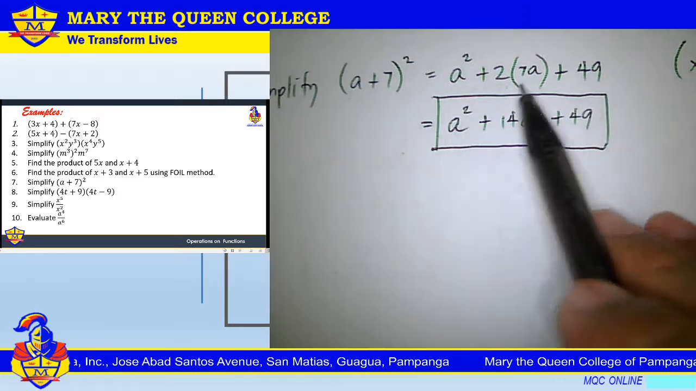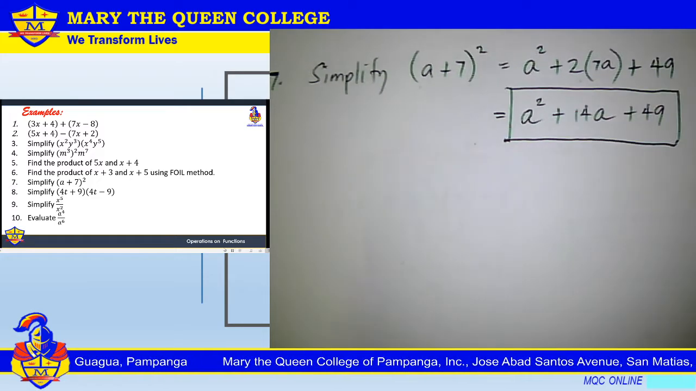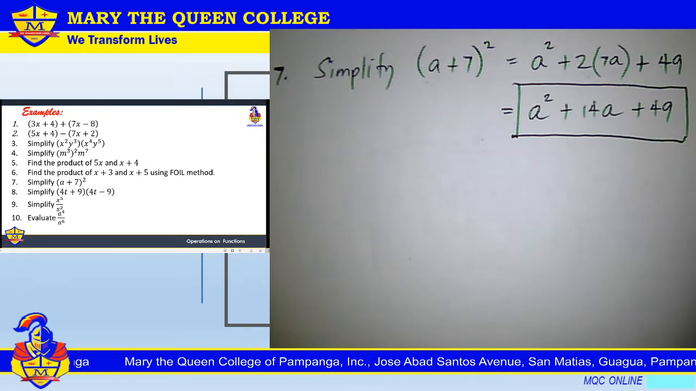Then, simplify. As much as possible, you have to simplify your answers. So, what does it mean? Kailangan po wala tayong grouping symbols as much as possible. Remove all the parentheses, brackets, and simplify your final answer po. So, that's it for number 7. Okay? Then, for number 8, we have